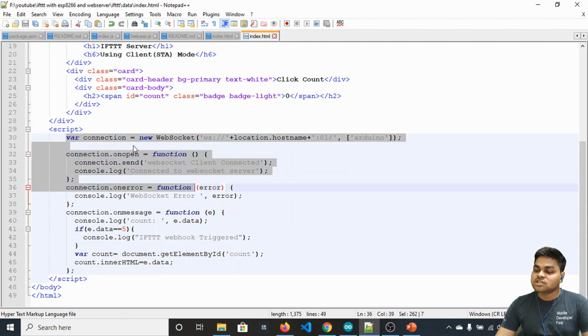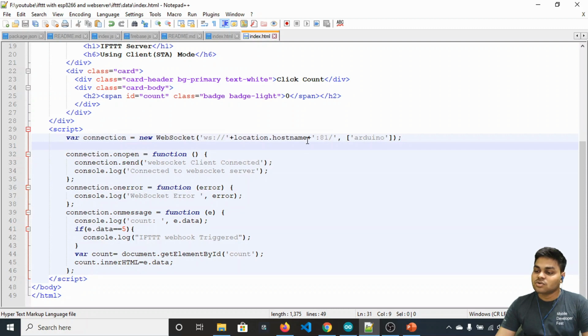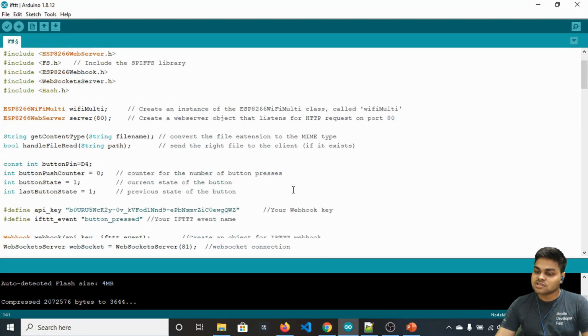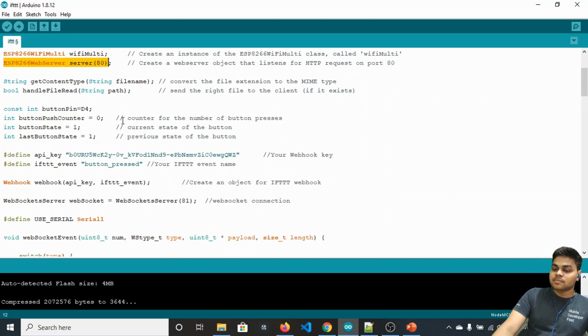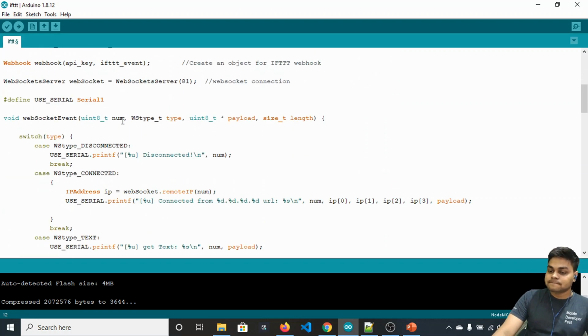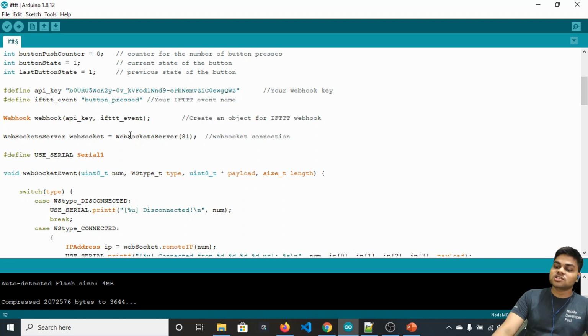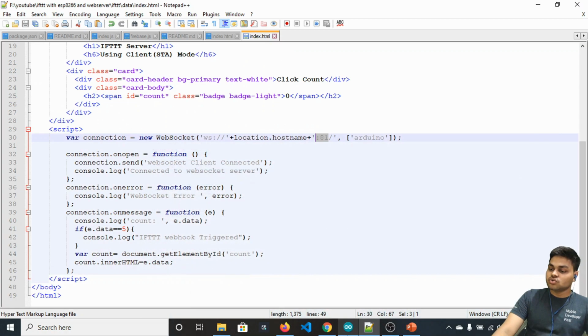We first make a WebSocket connection to the server on port 81. If you can see in the sketch, we are using the ESP8266 server on port 80 and the WebSocket server on port 81. That's why we have put 81 right here.